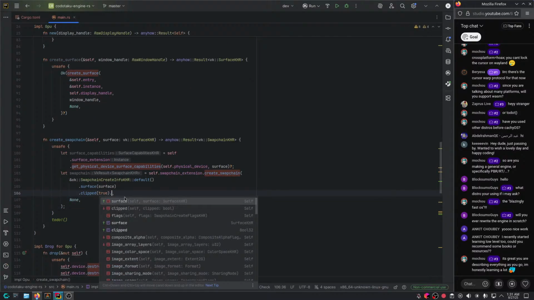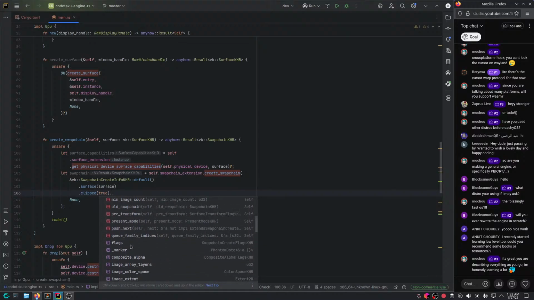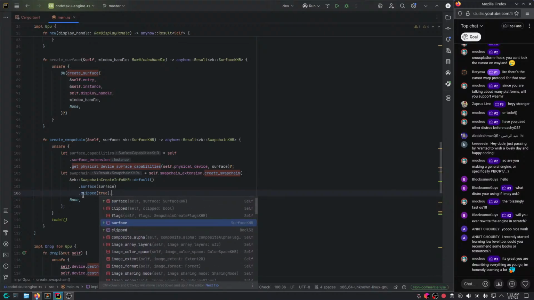And clipped, don't really matter. It's just like an optimization thing, right? So basically we want to create a swap chain for this particular surface, and there's some other stuff that we're gonna set here. Clipped is only useful if you're gonna, let's say, take a capture of the swap chain.